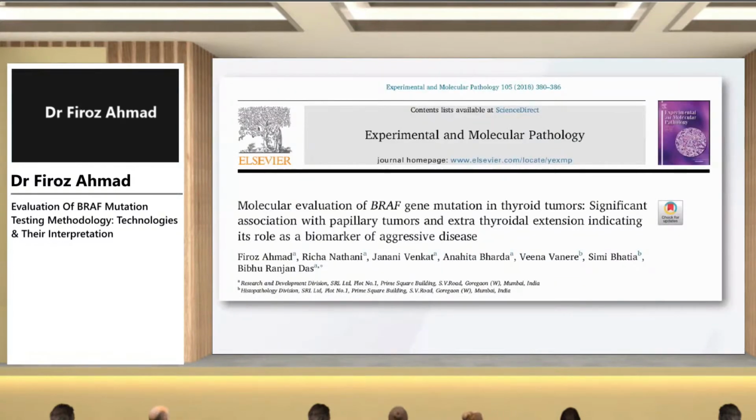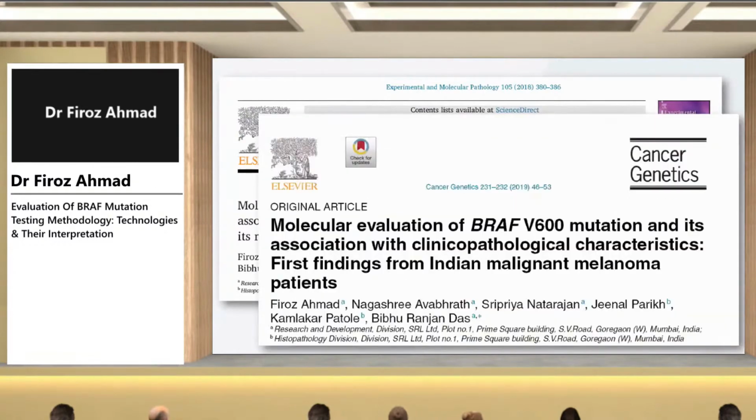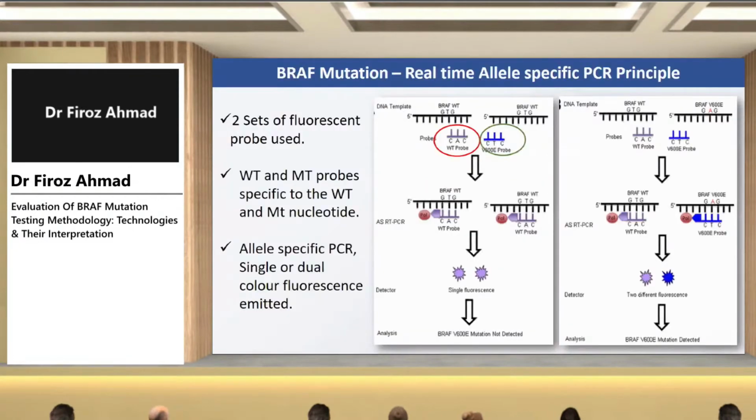So these are two articles which we have published using pyrosequencing in thyroid tumors and in case of malignant melanomas. Moving ahead, in case of real-time based PCR, BRAF mutation can mostly be detected by allele-specific oligonucleotides, wherein we have two